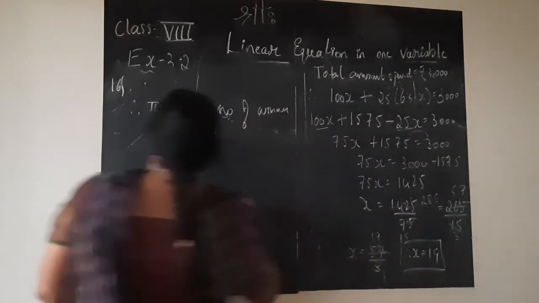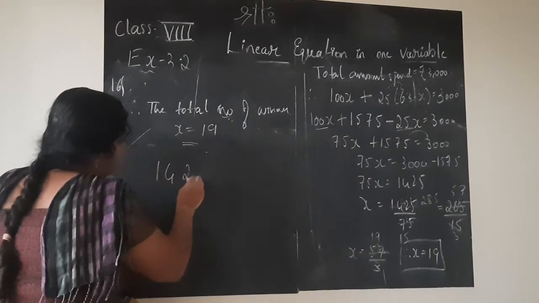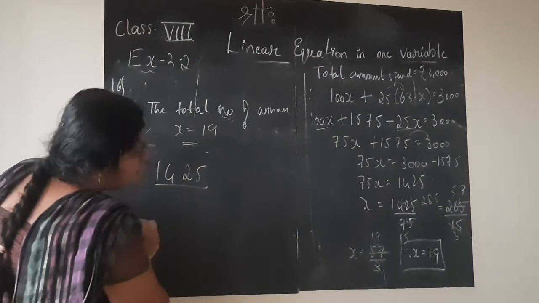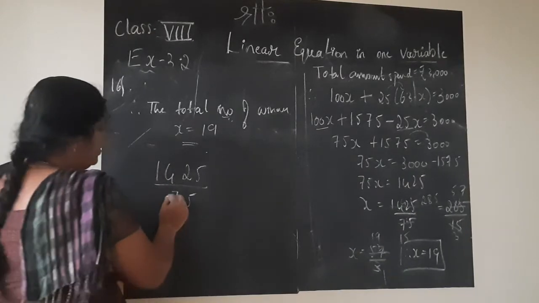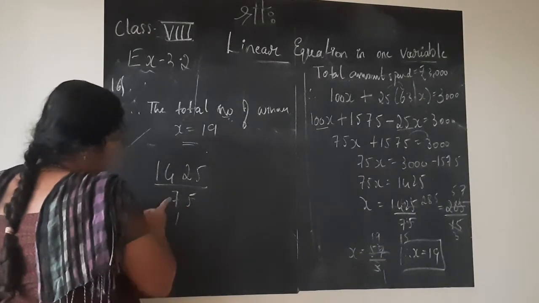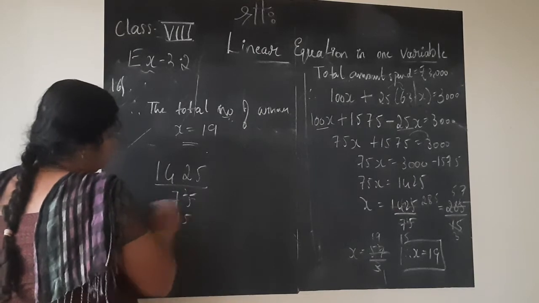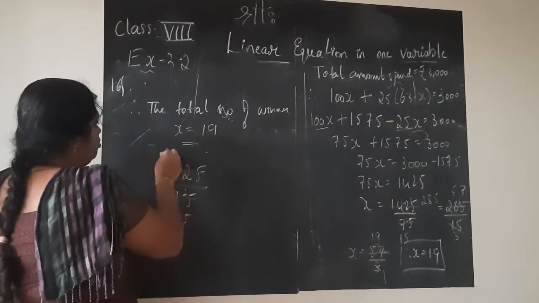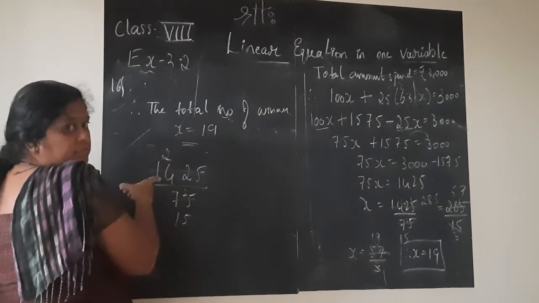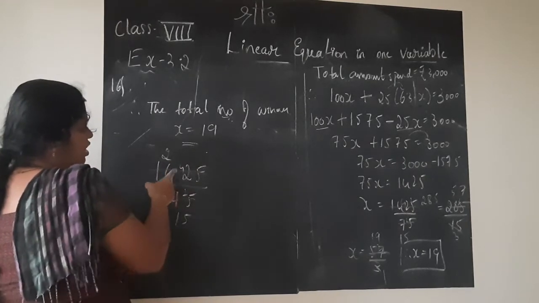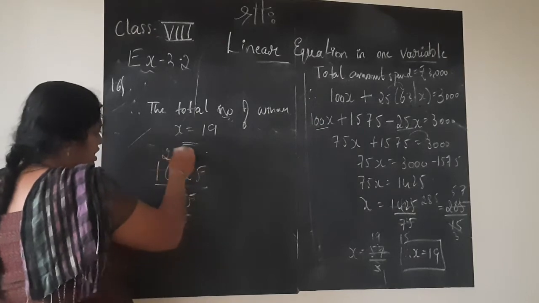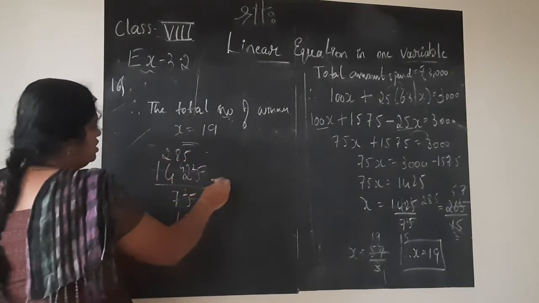I will show you once again the calculation. 1425 divided by 75, children. I started with the 5 table. 5 1s are 5, and 7 is there, 2 remainder, 5 5s are 25. Here, 5 2s are 10, because 5 3s are 50 which is more than 14. So I took 5 2s are 10, 4 remaining, 42 is there. Nearest, 5 8s are 40, again 2 remaining, 5 5s are 45.